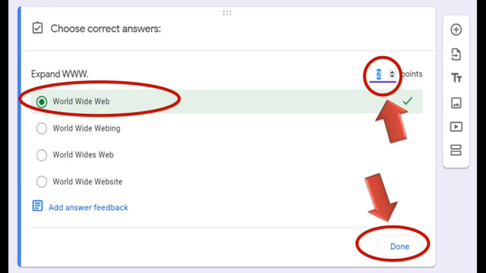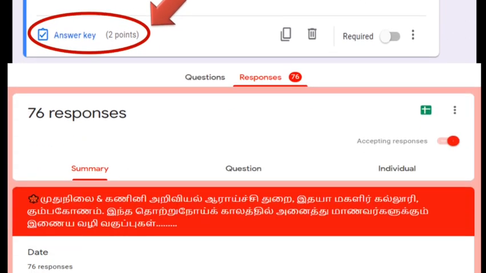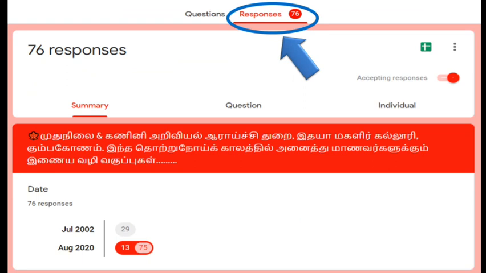There we can choose the point values according to our questions. Here I choose 2 points for my questions. Then click on Done. Now we are able to see our question with correct answer and point value. That's all about the questions option on Google Form.